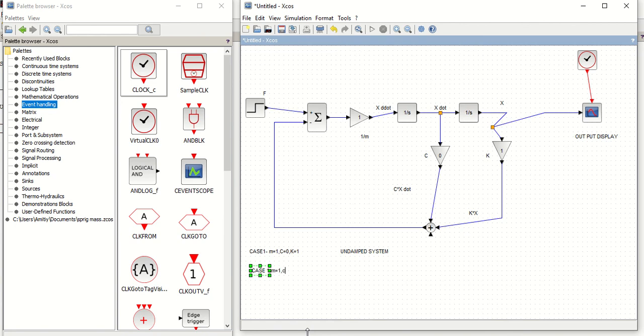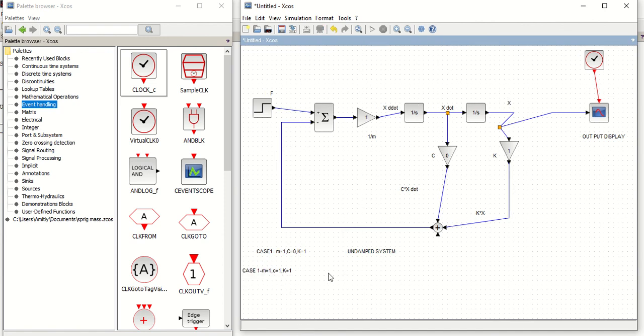Now C I am increasing equal to 1 and stiffness having the same. So this type of system is called critically damped.